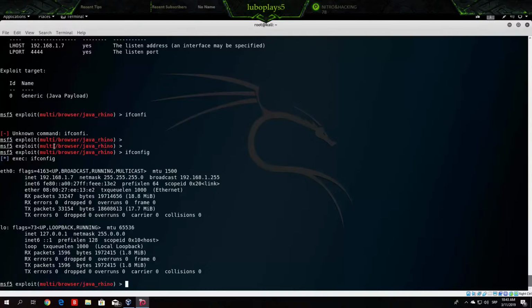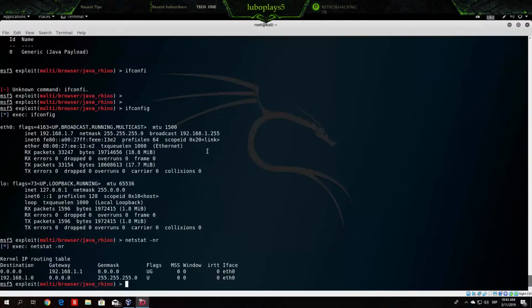So you can run all of the commands that you can run from a simple terminal in the Metasploit framework command line. So you can also run nmap or netstat -nr. You can also run anything from this command tool as well. So you do not need to close Metasploit while performing the attack or any other scan that you want to perform. So that would be about it for this